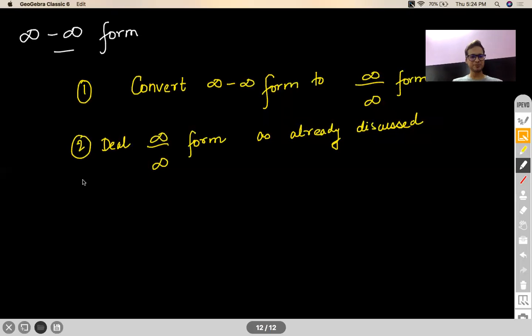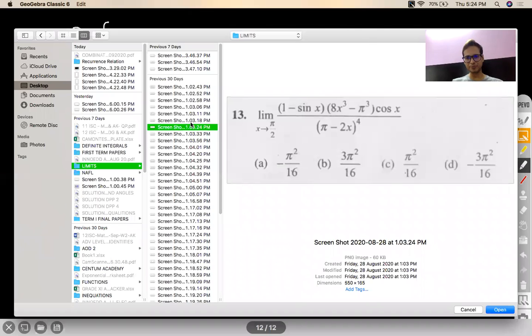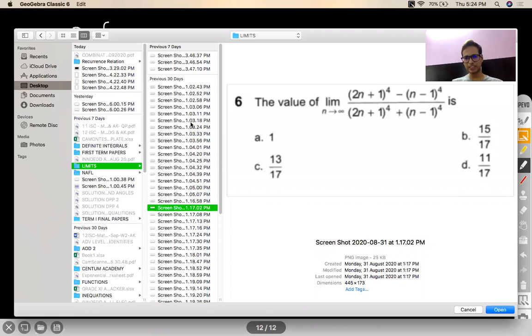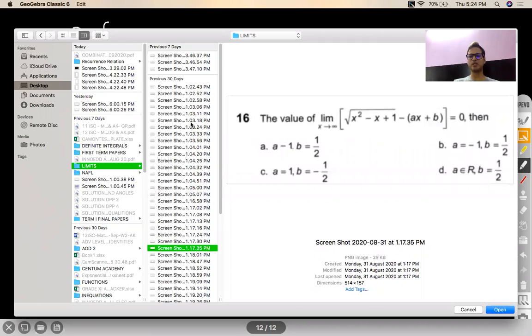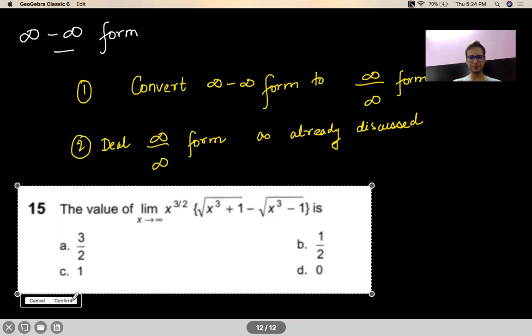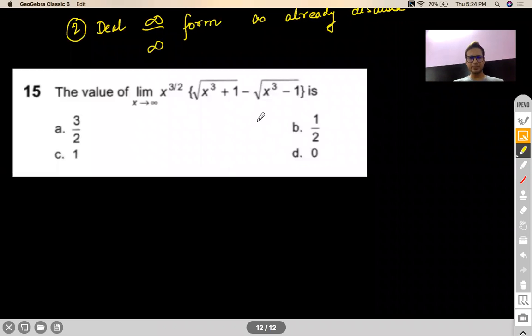Let me begin with, where is my question? Yeah, there you go. This fella. Read this question. You would realize here that you are actually doing infinity minus infinity over here. Would you like to attempt this, or should I solve this and show you how to work with this kind of question? What would you like to do? You would like to attempt?